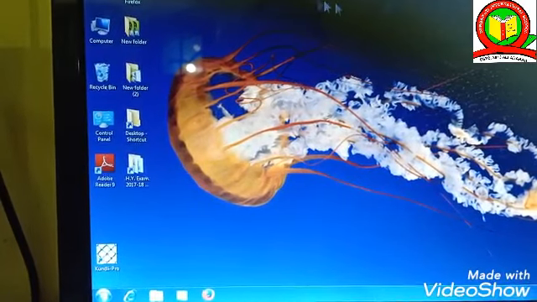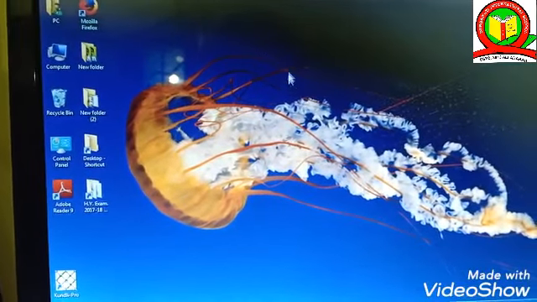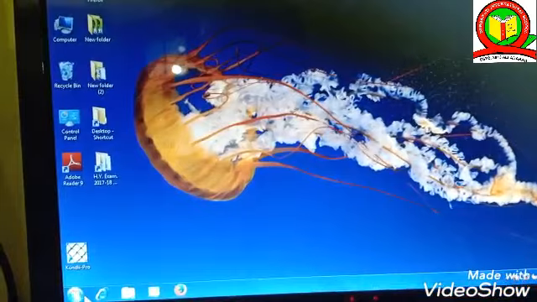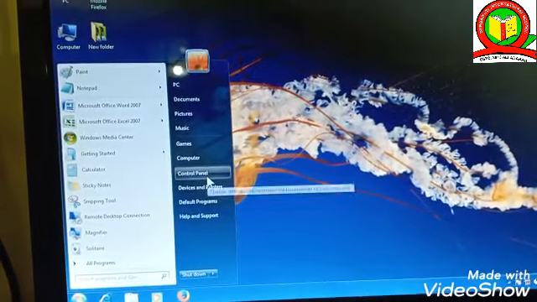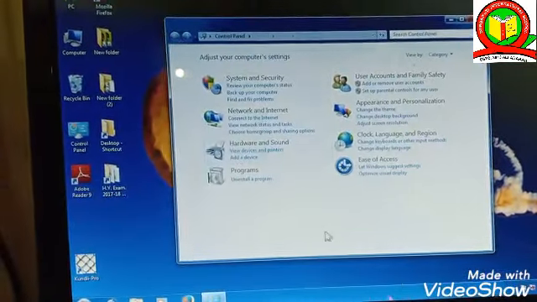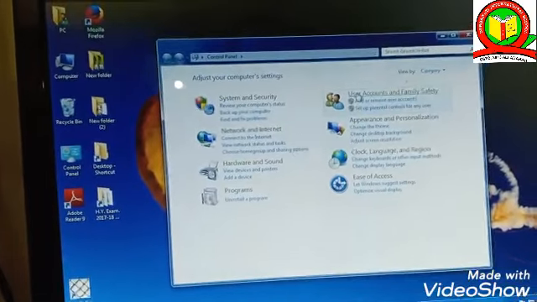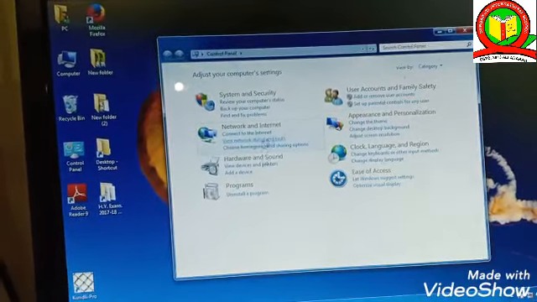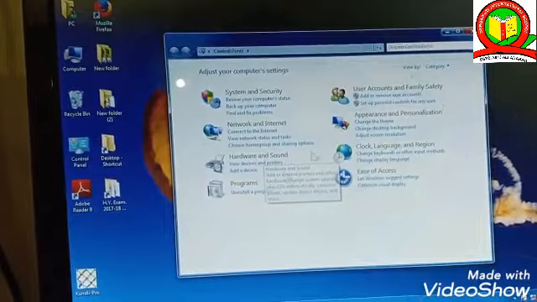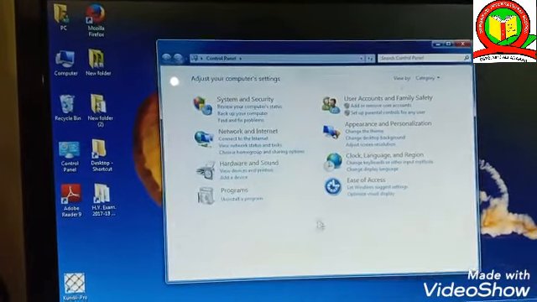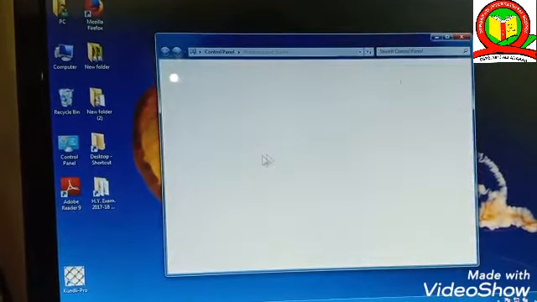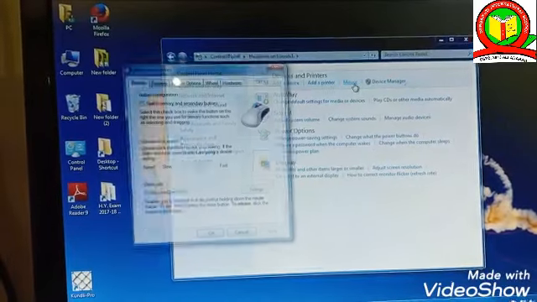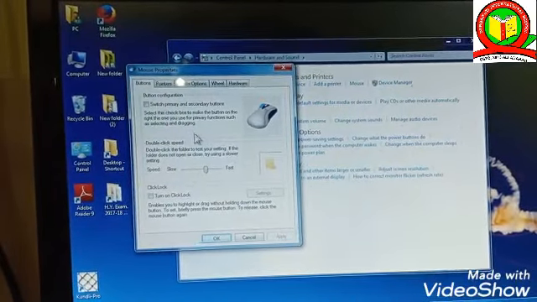Here you can see we have changed our mouse pointer. Our mouse pointer shape has changed. This is how you can change the shape of your mouse pointer.